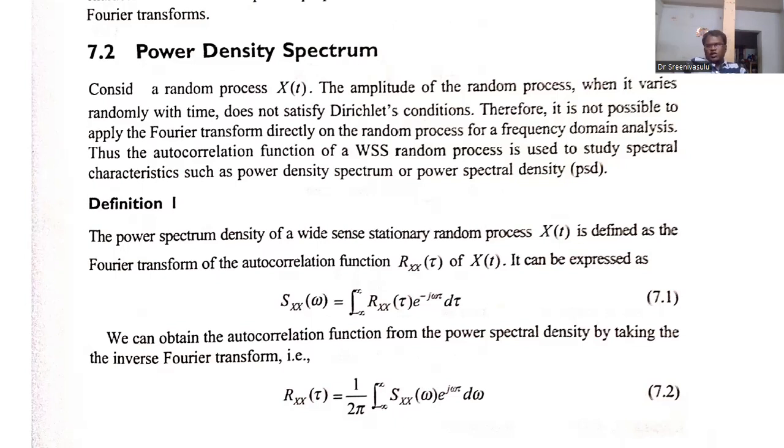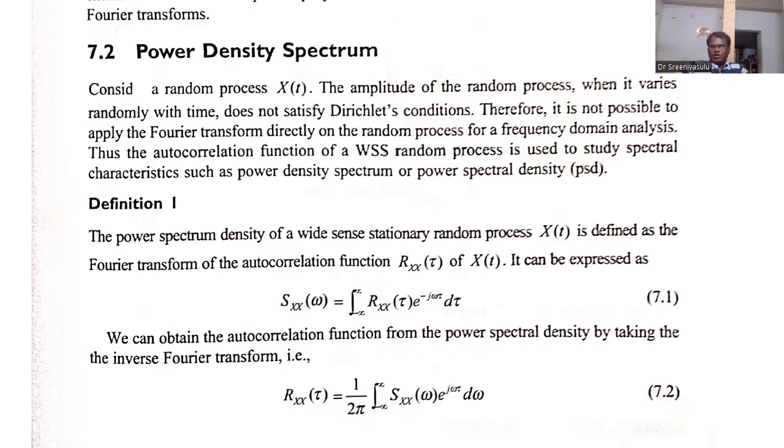So there is no confusion here. If you have simple knowledge of signals and systems, if you have an idea about the Fourier transform, we can easily analyze the random process by using the autocorrelation function. Again, I am recollecting the Fourier transform: x of omega is equal to the integral from minus infinity to plus infinity of x of t into e power minus j omega t into dt.